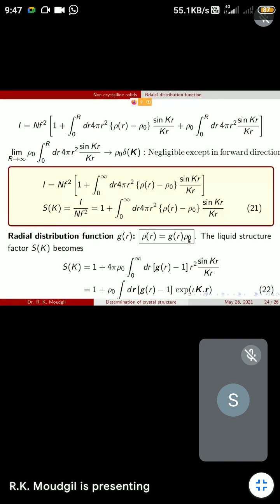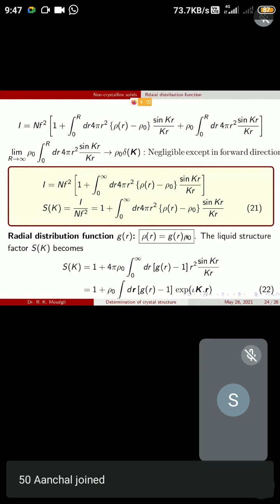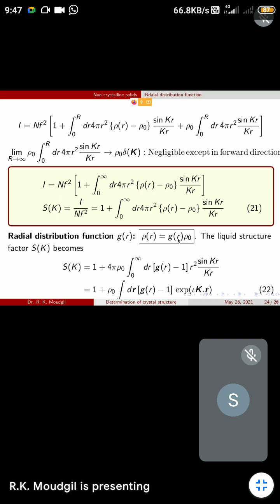Recall what rho naught is. Rho naught is the average atomic density. So you multiply the average atomic density by a function which I have called the radial distribution function. You get the atomic concentration function. It means this quantity g(r) basically decides how the actual atomic concentration is different from the average atomic